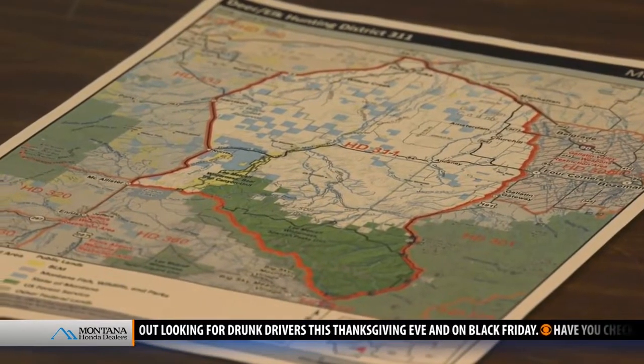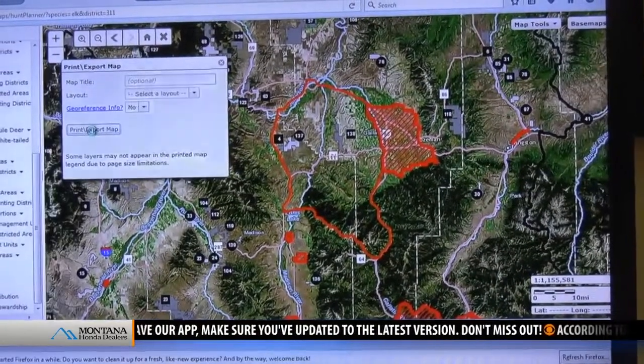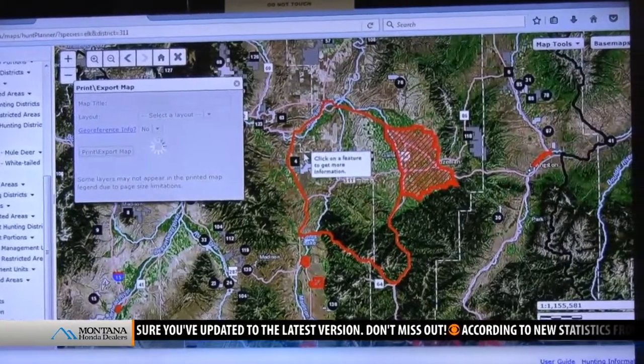No kidding. So it literally will give you a map of wherever it is you want to be. Yeah, exactly. You can even create your own maps to print out. Once you've zoomed into the area you're interested in going to, you can print it as a PDF and save it on your computer. You can put it on your iPhone and use it as a georeferenced PDF, where you'll actually show up on the PDF out in the field so you know exactly where you are in real time, or you can print it out like an old school map and carry it with you. Holy cow, so it does everything except put the hunter's orange on you and put you in your pickup. Yeah, exactly. Well, that's phenomenal.